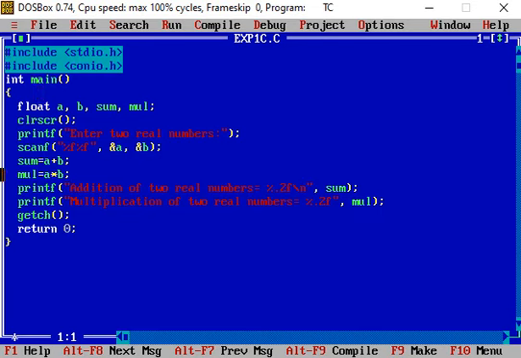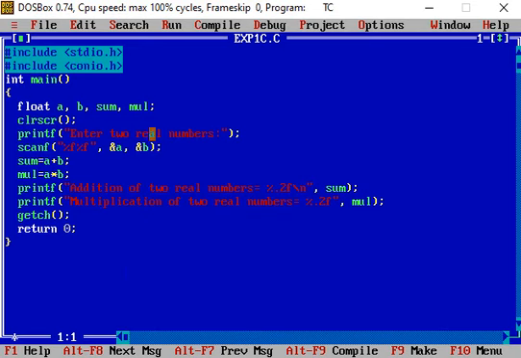So in our code, in the open and close braces of the main function, float a, b, sum, mul; This statement declares four float variables.